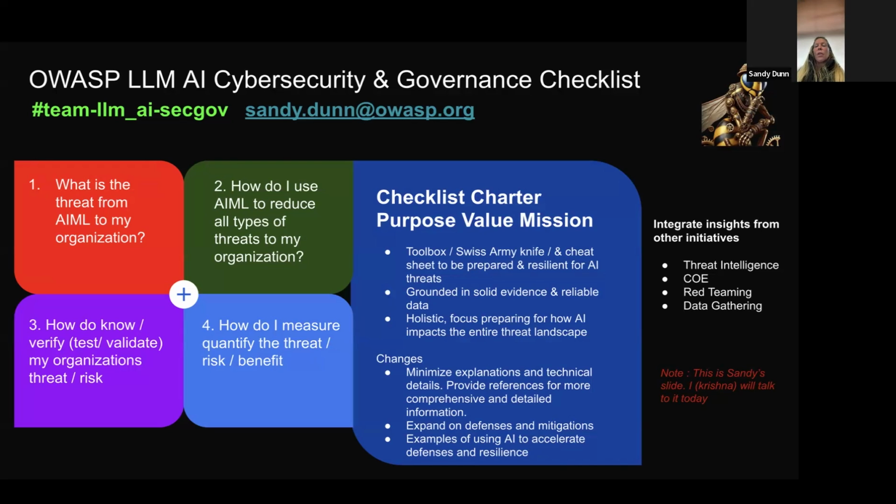So the goal of this version 2.0 of the checklist is really to create a cybersecurity team cheat sheet so that you can measure and be able to quantify the risk and threat. And so as you guys probably can pick up on, this is why I'm so deeply invested in the threat intelligence group and in the red teaming group, is for those numbers so that we're able to bring that in and be able to measure pros and cons of using different models, doing different things and giving people metrics so that they can move their program the right direction.